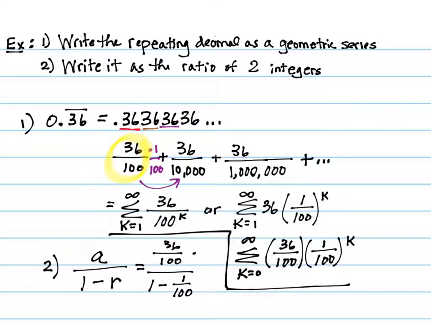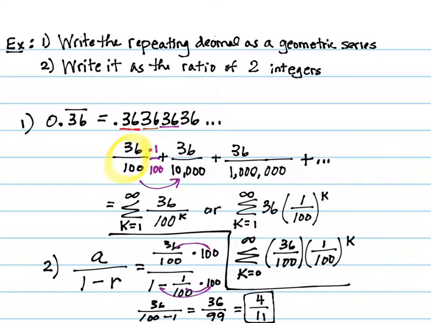So, lots of things we could do. I'm going to multiply by 100 to get rid of all the fractions. So that will give me 36 on top, and 100 minus 1 on bottom, because I'm distributing the 100 through. So 36 over 99. That is a ratio of integers, but we want it reduced, right? So what will they both divide by? 9, which will give me